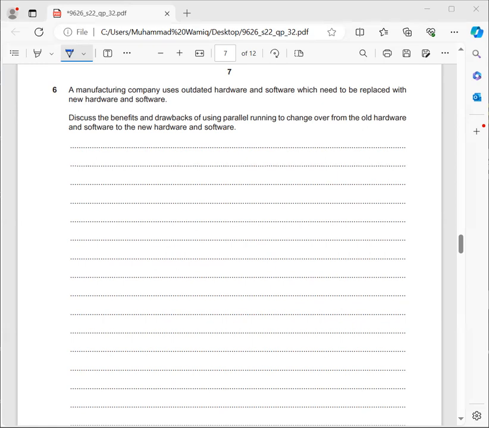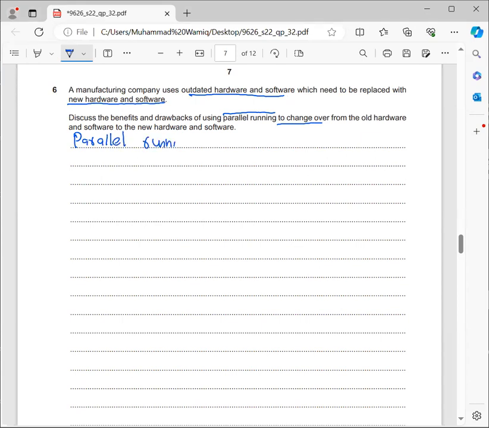So you can also start with the basic definition of parallel running methods of implementation. Like a manufacturing company uses outdated hardware and software, which needs to be replaced with new hardware and software. Discuss the drawbacks and benefits of using parallel running to change over from the old hardware and software. So first point, you can say that